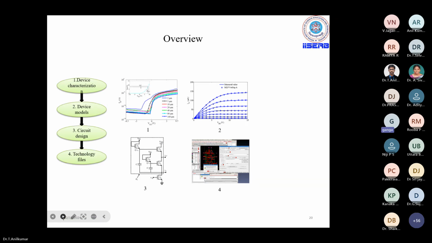I hope you can hear me. Okay, all right. So this oxide TFT technology is relatively new. As a first step, we were trying to understand the technology: what circuits we can design, what is the turn-on voltage, what are the analog properties of the device. Analog properties means intrinsic gain, on resistance, transconductance, and unity current gain cutoff frequency.